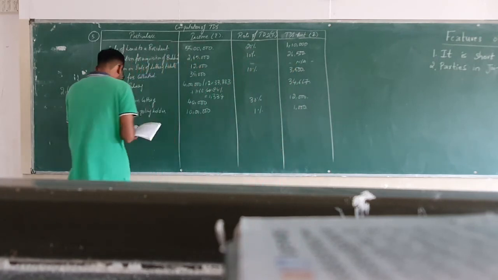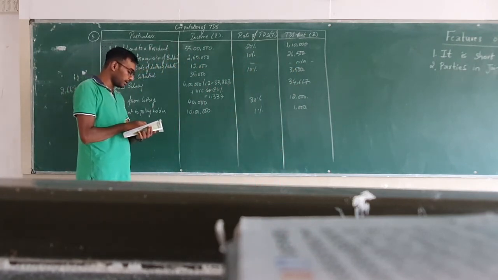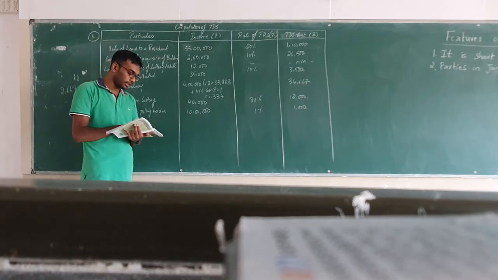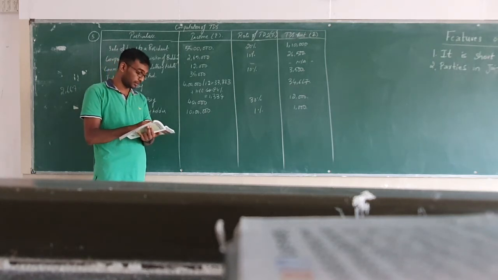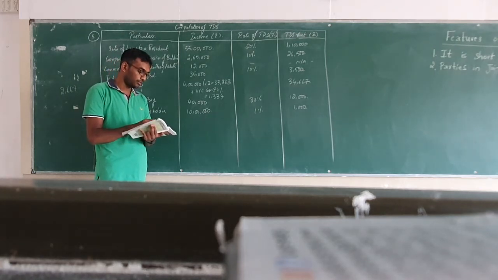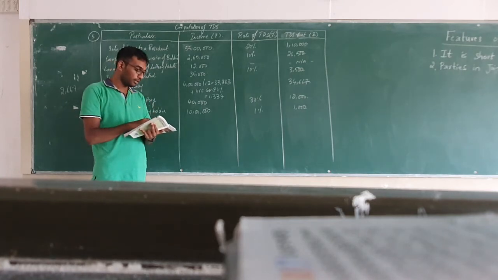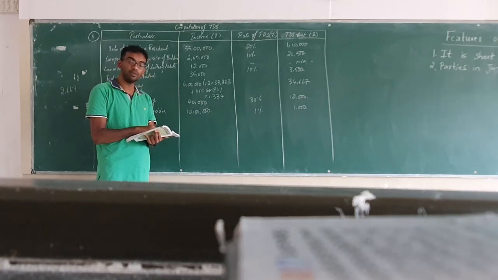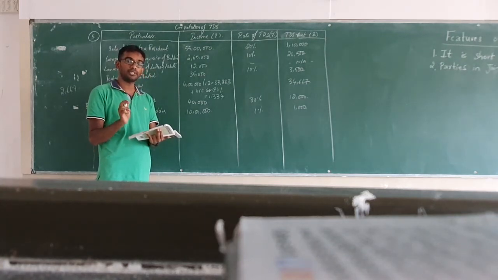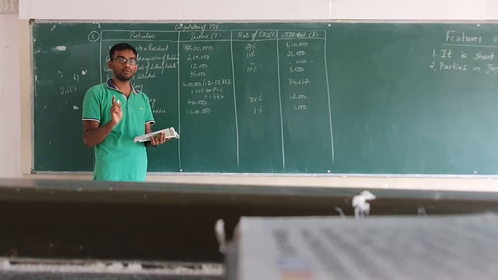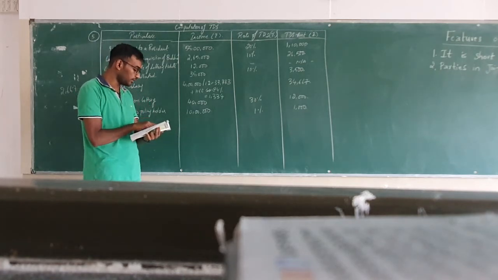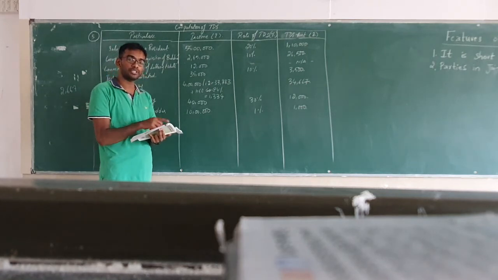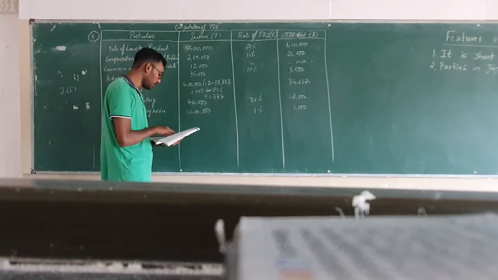Then again, the next item they have given is payment made to contractor Mr. B, 20,000. However, the total payment made in the financial year is 1,50,000. Now here in this point, we should not consider 20,000. We should consider the total payment made during the financial year, which is 1,50,000 rupees. Now again, whenever payment is made to contractor, I told you if it is an individual, again 1% of TDS should be computed. If it is other than individual, 2% of TDS will be deducted. Now since it is given as contractor Mr. B, he becomes an individual. So 1% of TDS is applicable.